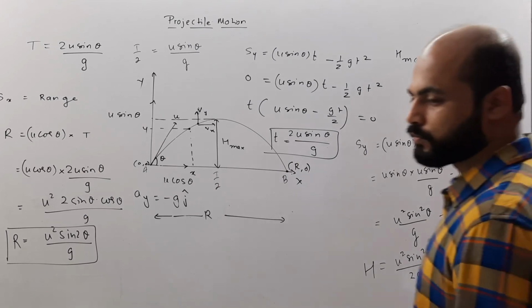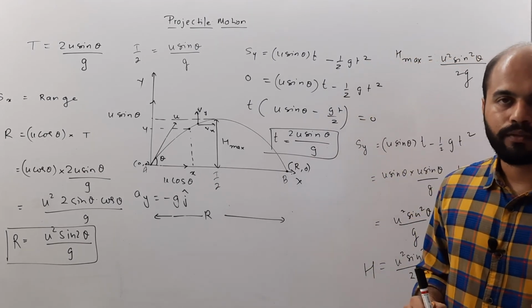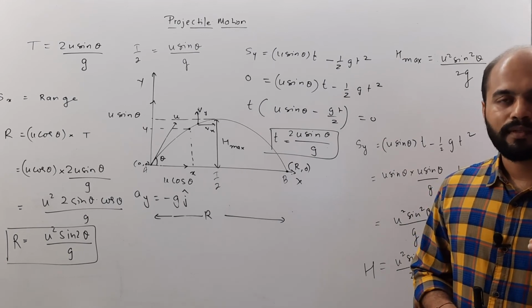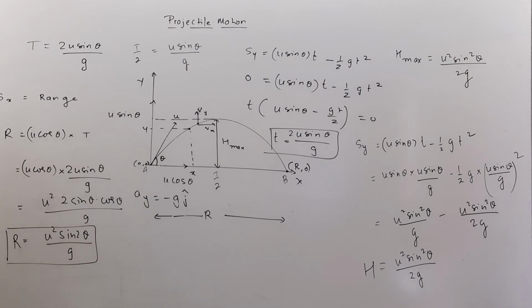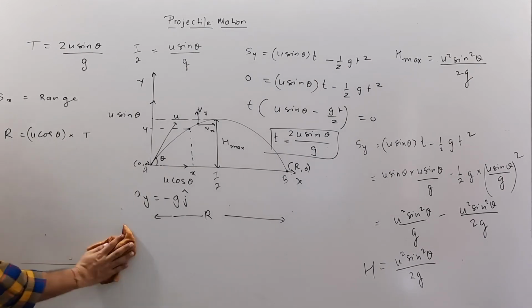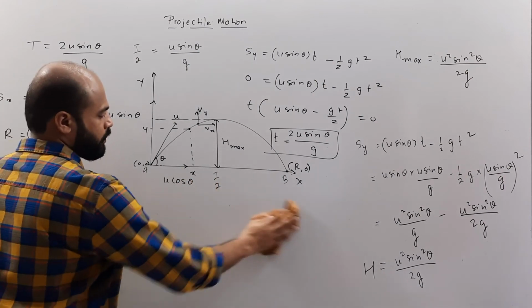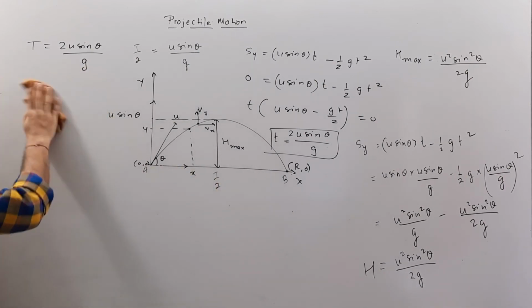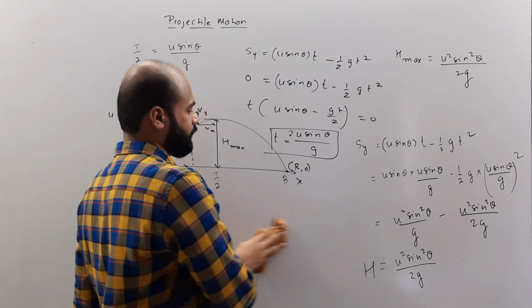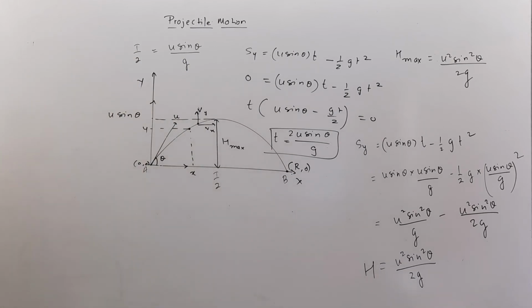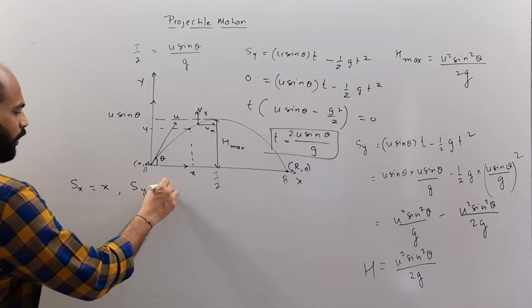Now that we have understood the majority of the basic concepts related to projectile motion, it's time to learn something different, and the last thing probably in this particular set, that is called equation of trajectory. So using all the details that I have shown you over here, I am going to find out the equation of trajectory. So we know that sx I am going to mention as x over here, and I will mention sy as y.